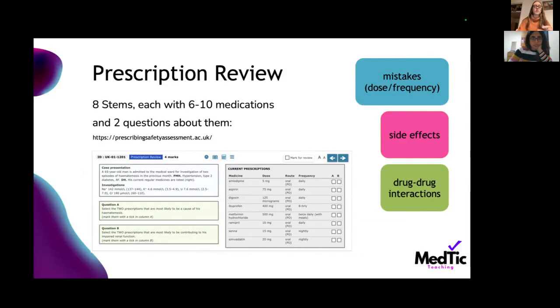It can take a long time, so if you're getting really stuck, I would flag it, maybe click some options just so you don't lose marks, and then just move on and come back at the end if you have time. Okay, so if we move on to